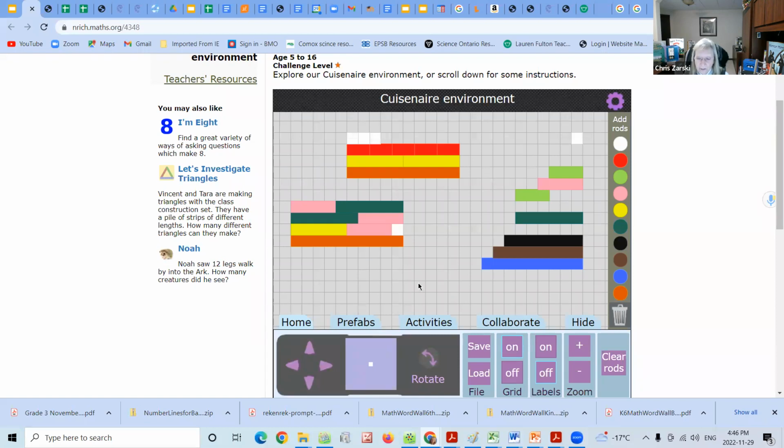The other thing that you can do is if you're not going to use the virtual one, which I prefer the ones on the desk with the students, just print off a sheet of 1 centimeter grid paper and they'll fit perfectly on there because each white is 1 centimeter. So that's how they're designed to fit. And that gives you some options. Okay, I'm going to go back to my slide deck.